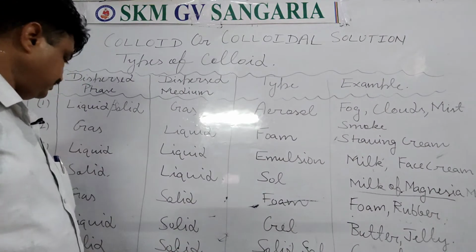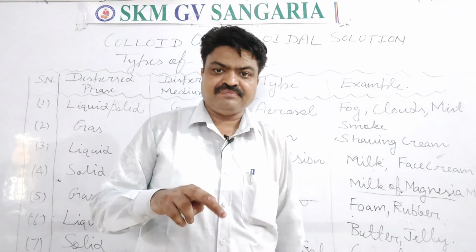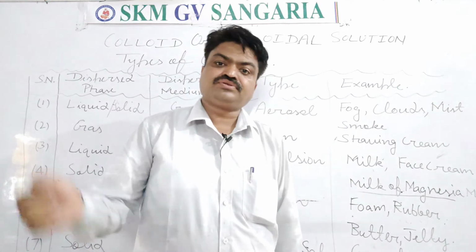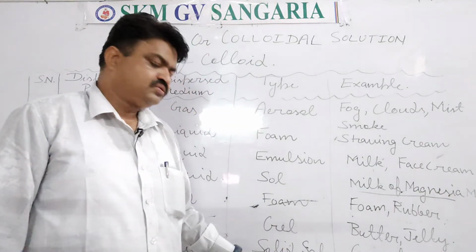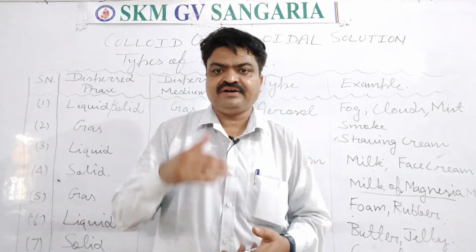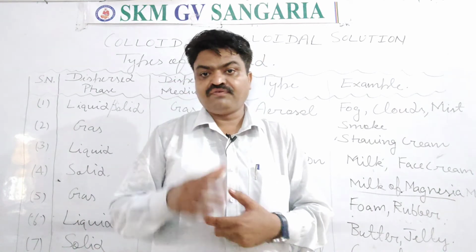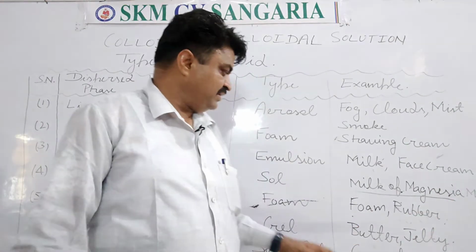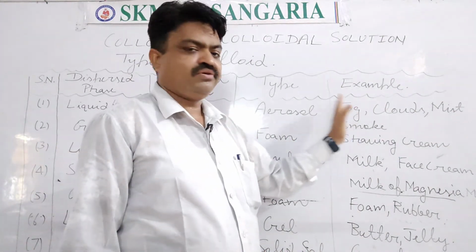It is solid sol. In this, both the dispersed phase and dispersed medium are solid, student. Means solid particles are dispersed into a solid medium, and the composition that we get here is known as solid sol. And solid sol examples are gemstones that are used with ornaments. There are different types of gemstones, student. They are colorful gemstones. Colorful gemstones are examples of solid sol. So these are the types of colloid, and these are the examples of the types of colloid, student.